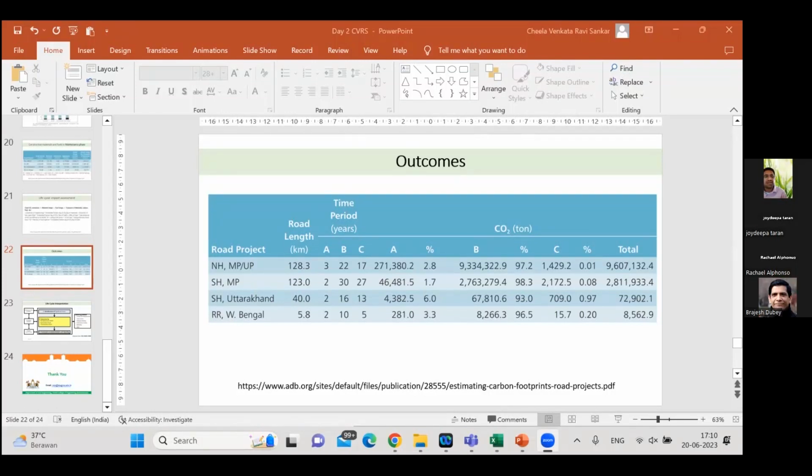Consequential: by implementing some activity, what is the issue, will it be more environmentally friendly, or will it cause emissions to the environment? If I'm trying to look at the consequence of an activity, a simple example: what is the impact associated with diesel cars? If I am studying diesel cars, that will be an attributional one. Now if I am introducing a hybrid car into that, what would be the variation in the impact? Here the road will remain the same. The production of the vehicle will remain the same. The materials required for the production will remain the same.